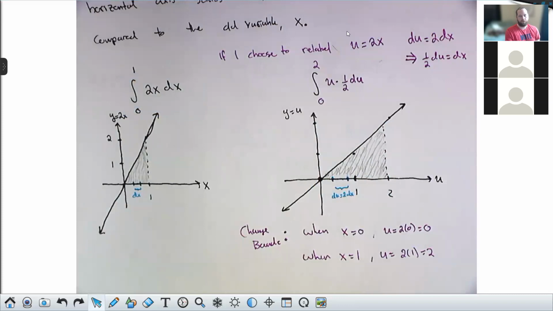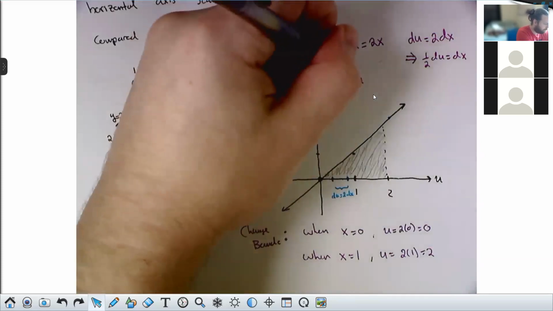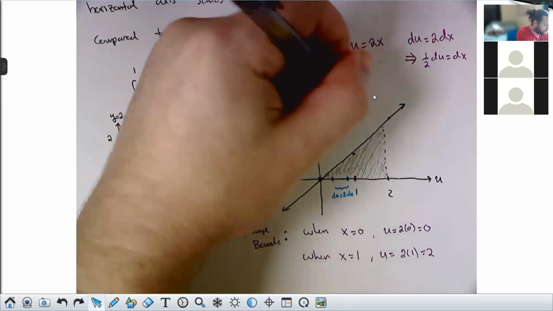So here's how these substitutions go. You pick what you're going to sub for. Then you calculate the differential du. You solve that differential for the old differential. My original integral had a dx in it. That was the differential here. In order to replace dx by its equivalent under du, you take this differential, which you calculate right after choosing your substitution, and you solve it for dx. That thing is what you plug in place of dx. This thing is dx.